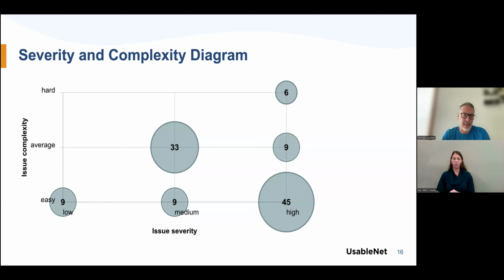So in the example that we see on this screen, the biggest bubble is related to the high severity issues with easy complexity, which is 45 issues. It represents a quick tool to determine what's the first target for the team to remediate.